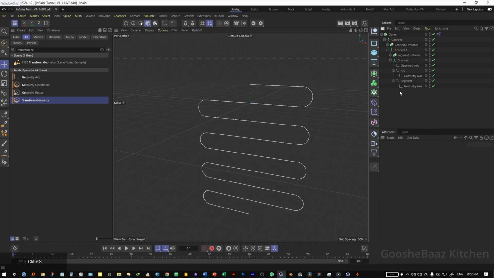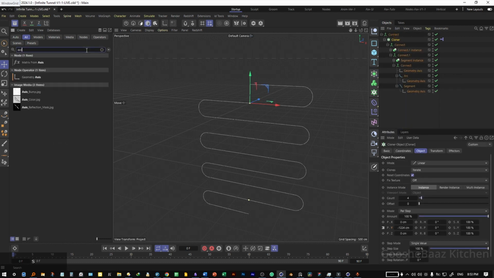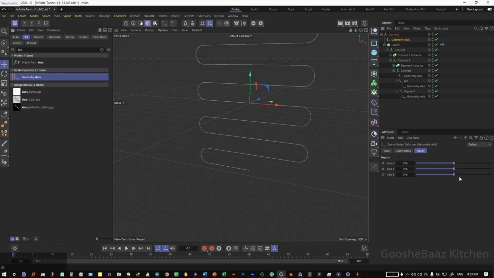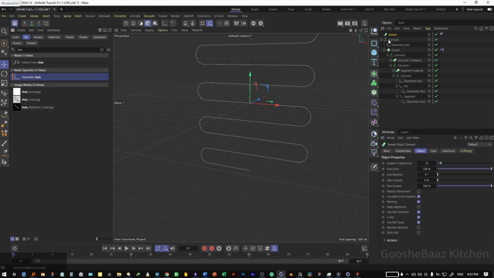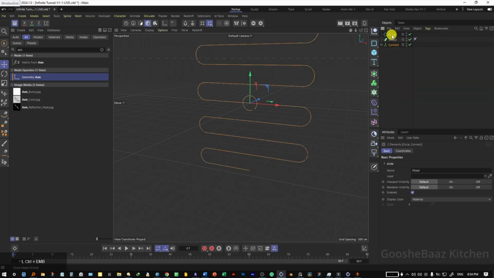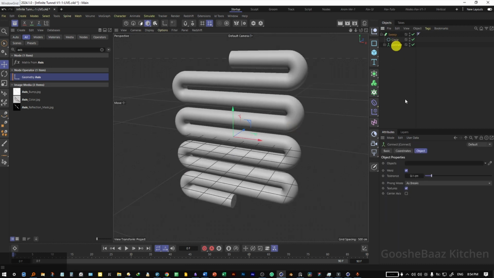Okay. Save the file, add a connect object, put the cloner inside connect, come here, search for axis, add a geometry axis under connect also. Don't change any value this time on geometry axis. Come here, add a sweep generator to the scene. Come here, add a circle spline, change the circle spline radius to 250. Put the circle spline and connect object under sweep. Make sure they are in this order, first circle, then connect object, add it inside the null, save the file,